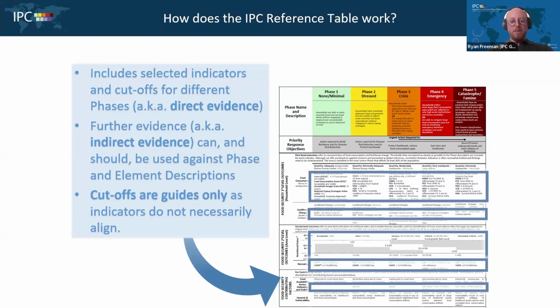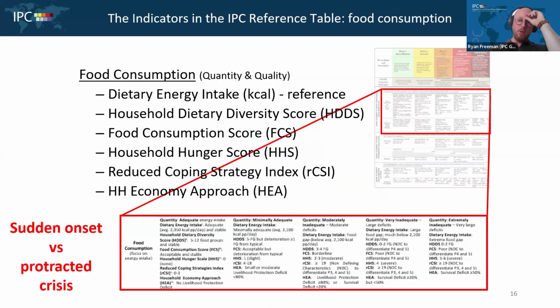So these cutoffs are very helpful for the outcome indicators, but they're not standardized, they're not harmonized, they're not consistent for a lot of the contributing factors that you'll see in many of the contexts and analyses. We're going to go through this discussion, and I'm really happy to hear your feedback on your ideas on this as well, whether you think there are different ways of looking at contributing factors, non-standardized approaches for particular phenomena related to food security.